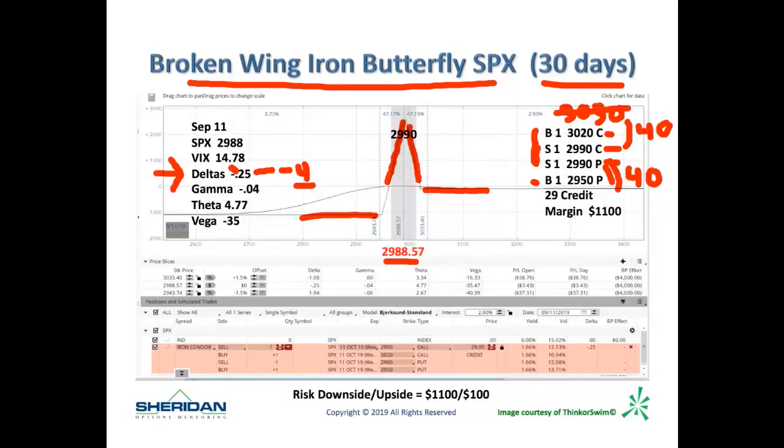But this is something. The credit for this is $29, and then to determine your margin, you look at the width on the put side is bigger than the width on the call side. It's 40. So you have $4,000 of risk on this trade minus the credit. So for every one contract, it costs you $1,100 here. And this is your margin. So if I'm looking to make 10%, it's 10% of $1,100. So let's say that's $110. I'd look to buy this thing back at a little bit under